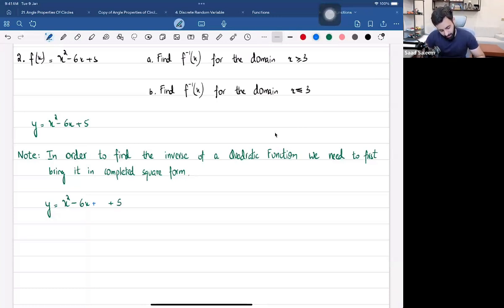Now you're going to add the square of something over here. And whatever it is that you add, the coefficient of x, that'll be 3. So we add 3 squared and we subtract 3 squared. Then what happens is this part of the expression is the